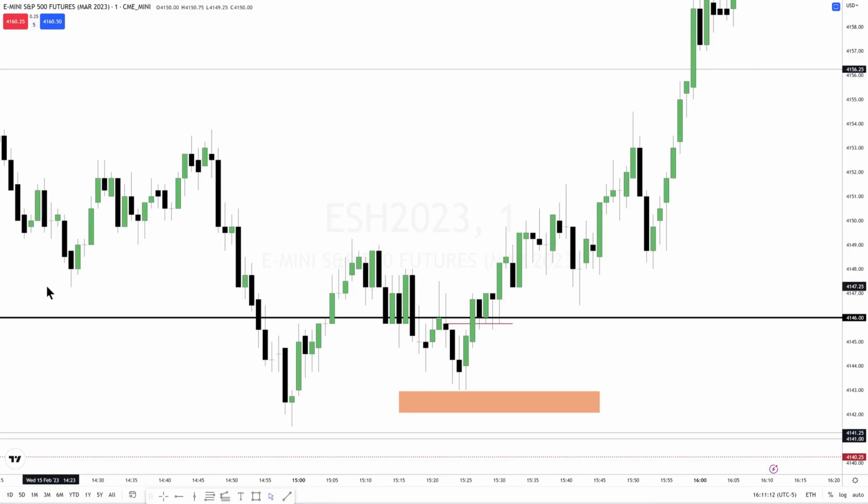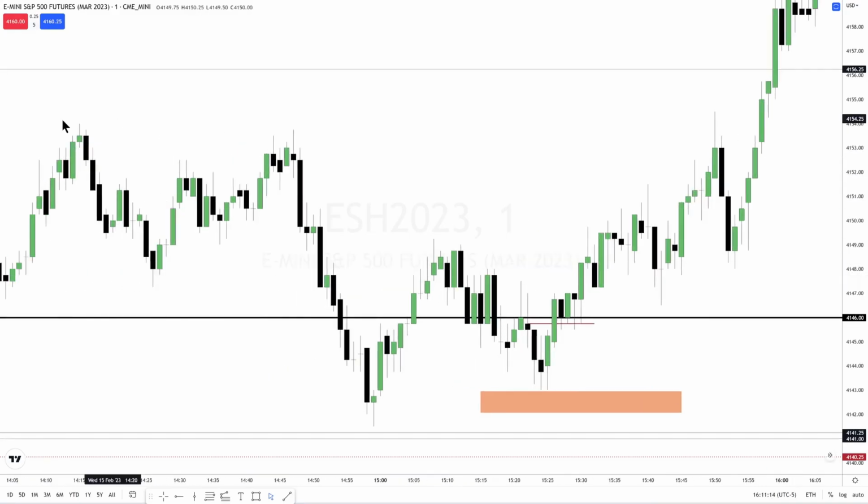Remember, the focus is over here. This is the draw on liquidity where the market's going to be pulled to. Why should it go up there? Because there's buy side up there. Buy stops. Willing buyers to buy at a higher price when it's down here. Think about that. You're not taught to think like that in these books.